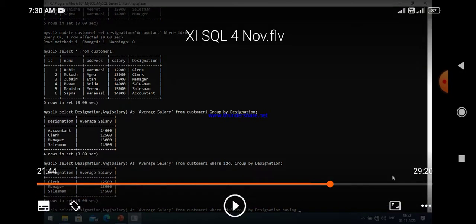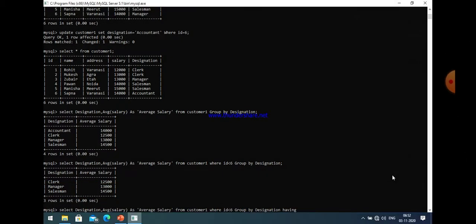So let us take a condition. Suppose I want to know the details of all those customers whose average salary is greater than 12,600.